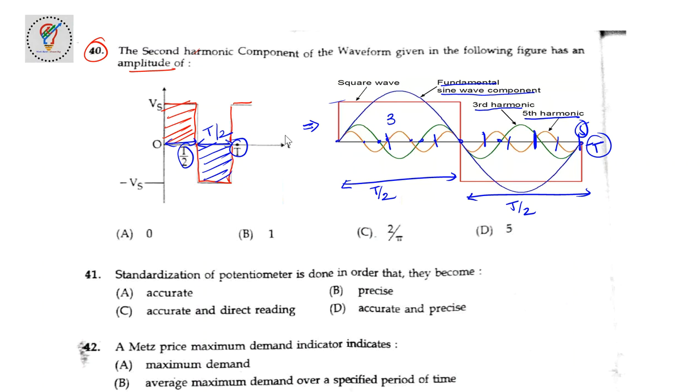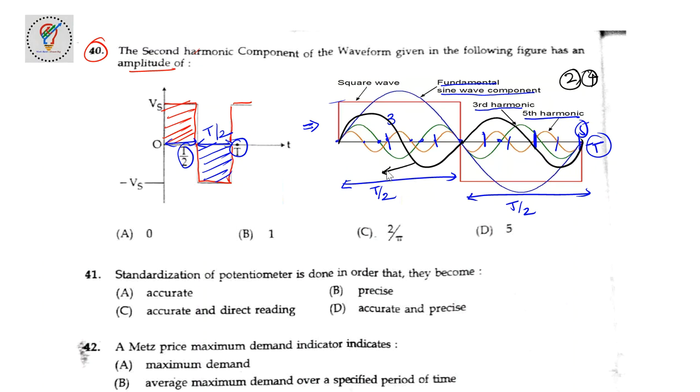Now what about the second order harmonic here? Why are even harmonics absent? There is no second order harmonic, there is no fourth order harmonic. Why is that, or what will happen here? See here, simple logic. For one complete fundamental cycle, a half cycle is present. For a third harmonic, how many half cycles? 3 are there. Suppose the second order harmonic, it will have a half cycle like this, 1 complete cycle, and it will be like this.